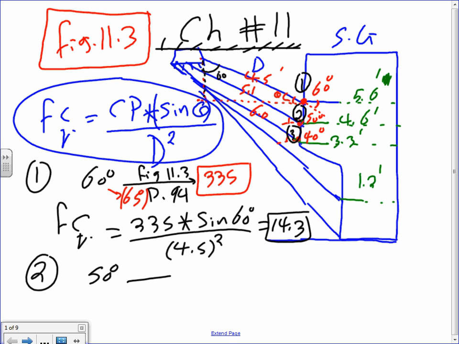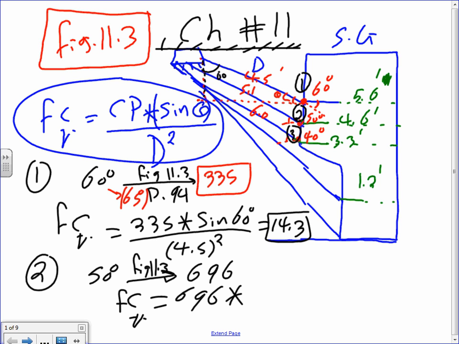For 50, you need to go to Fig 11.3. Do we have a 50, gentlemen? We don't have 50. What do we have? 55 or 45? I'm going to use 55. 696, right? So I'm going to have 696, and then the foot candle vertical equal 696 multiplied by cosine, oops,